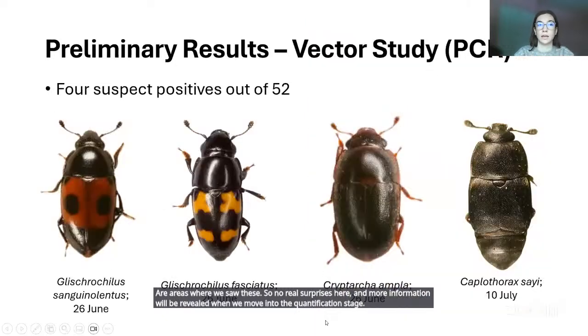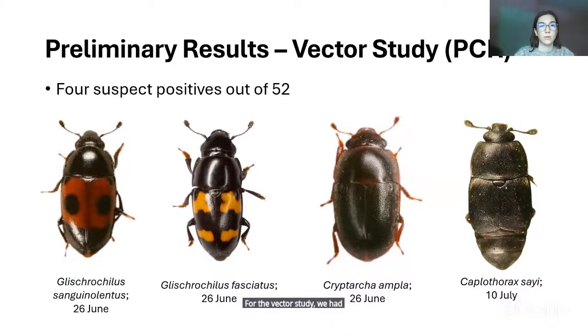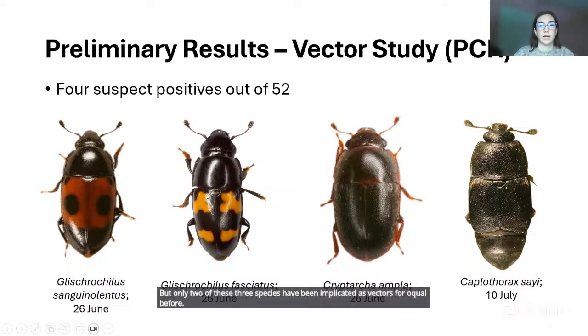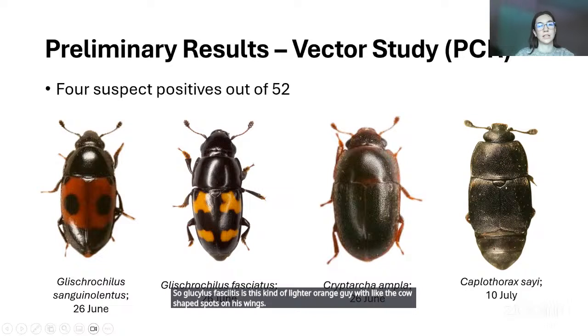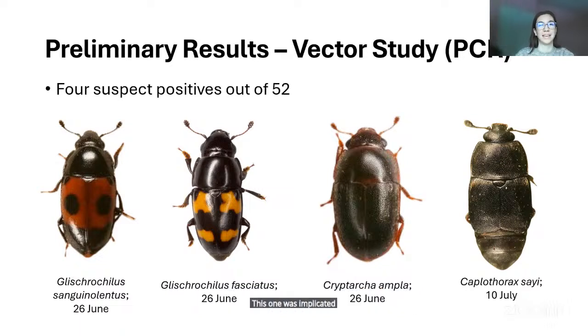For the vector study, we had 52 subsamples and 4 of them are suspect positive. 3 of them all occurred on the same date, that's June 26th, but only 2 of these 3 species have been implicated as vectors for oak wilt before. So Glischrochilus fasciatus is this kind of lighter orange guy with the cow-shaped spots on his wings. This one was implicated as a vector for oak wilt